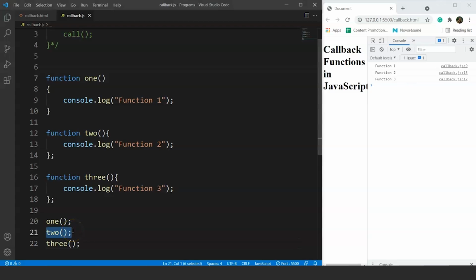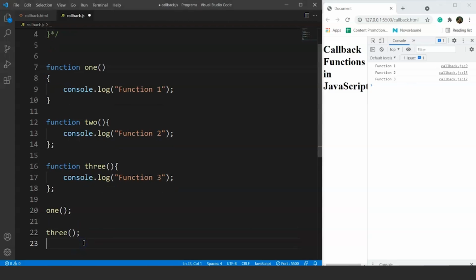What if we call function3 before function2? So we'll cut this from here and we'll paste function2 after function3. Save it, and here you can see we have the output as function1, then function3 and then function2. So JavaScript will execute these functions in the order in which we call them. Right. Now,